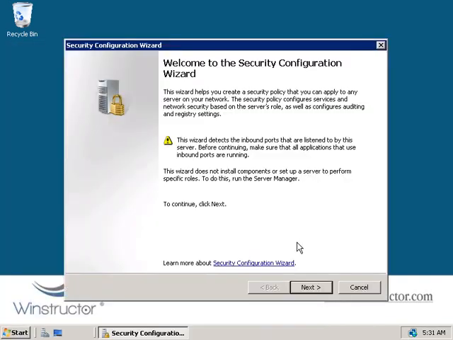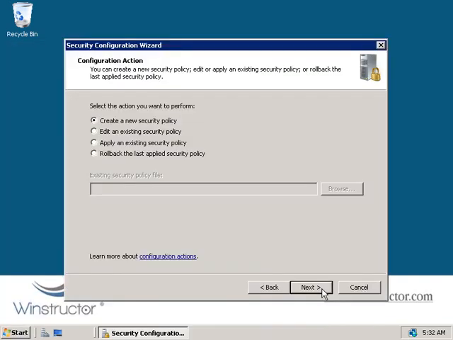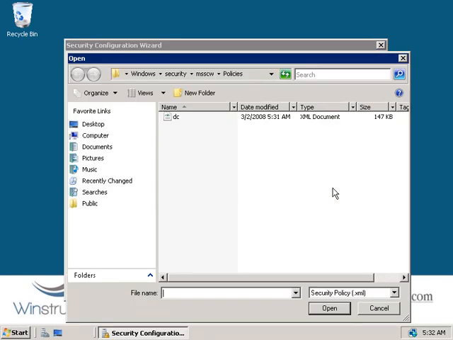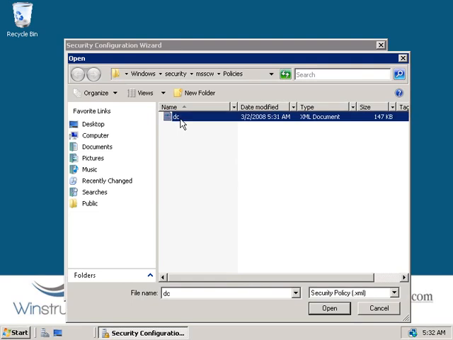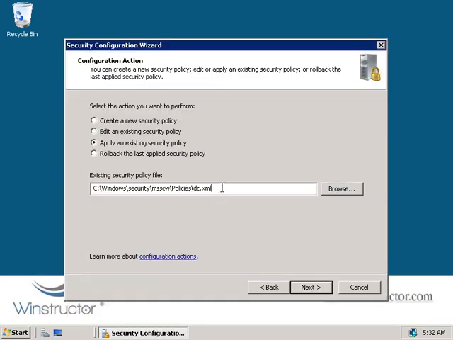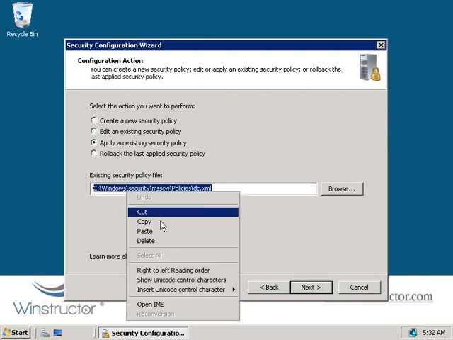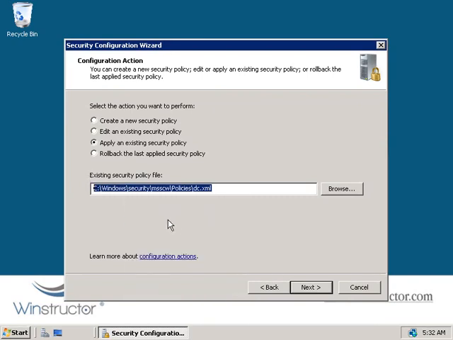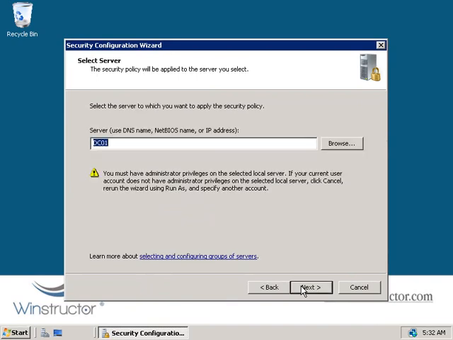We'll go and click on Start, Administrative Tools, and we'll launch the Security Configuration Wizard again, and we'll click Next. We'll choose the third option here to apply an existing security policy, and then we'll need to browse to the location where we have our policy stored. And there's our policy, our DC policy that we just created, so we'll select that and we'll click Open. And now I'm just going to copy this file location here because we will need it later,